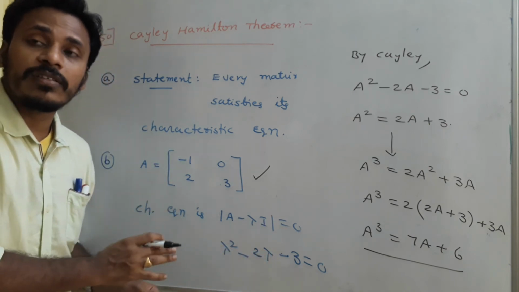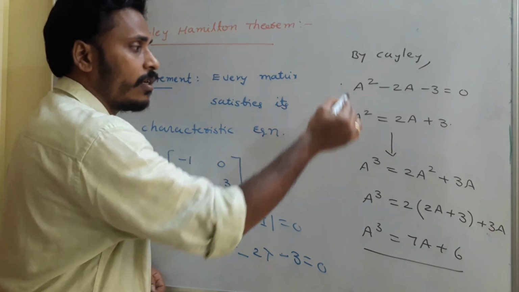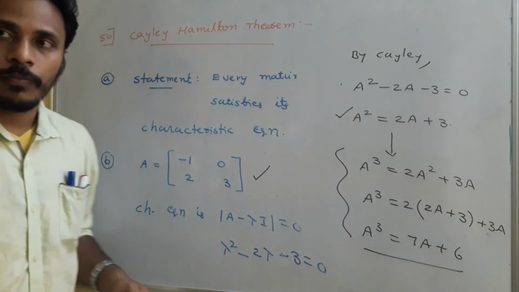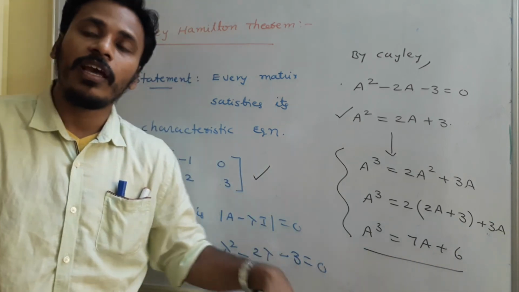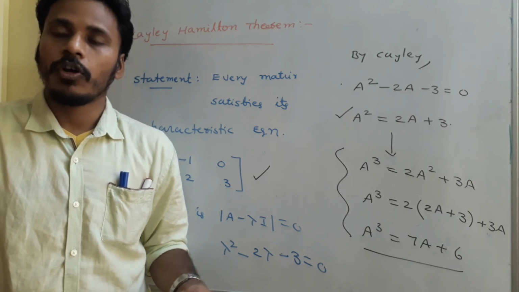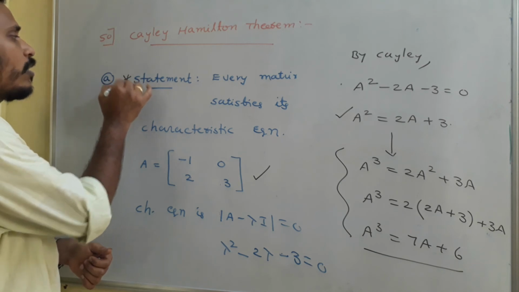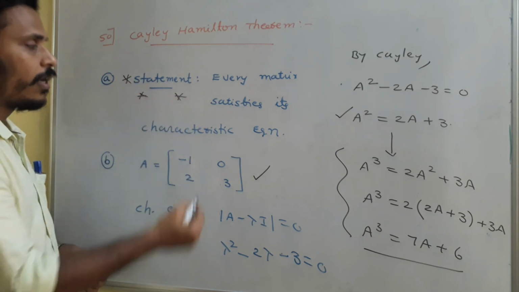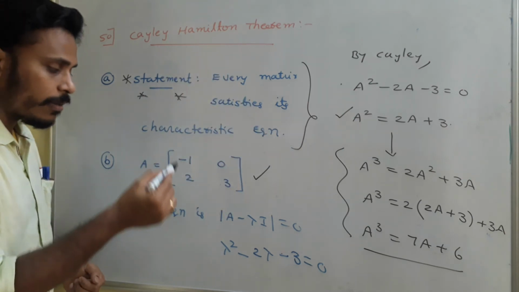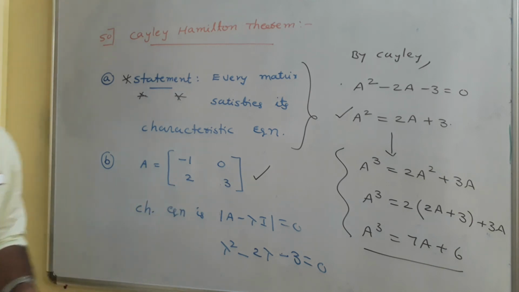But with the help of this characteristic equation and the Cayley-Hamilton theorem, matrix A satisfies this equation. Directly we have A square, and then directly we have A power 3 also. If you multiply this A power 3 with A again, you will get A power 4, and A power 5 again. Like that you will find, and according to the question we need to proceed. At the end, we need to pay attention to this particular statement and its benefit. The statement is every matrix satisfies its characteristic equation, whereas the benefit is we replace that lambda with that A. Have a look.